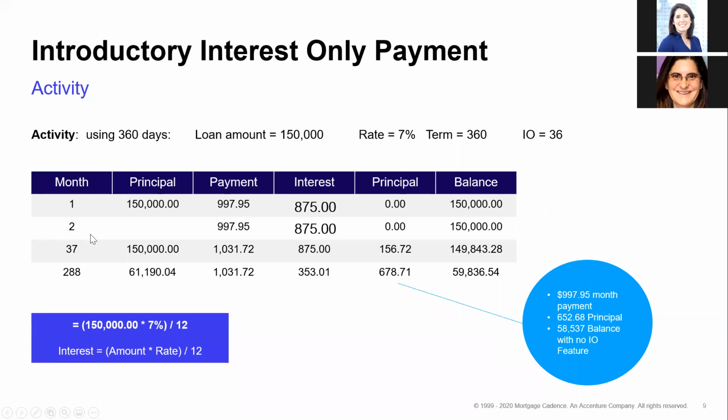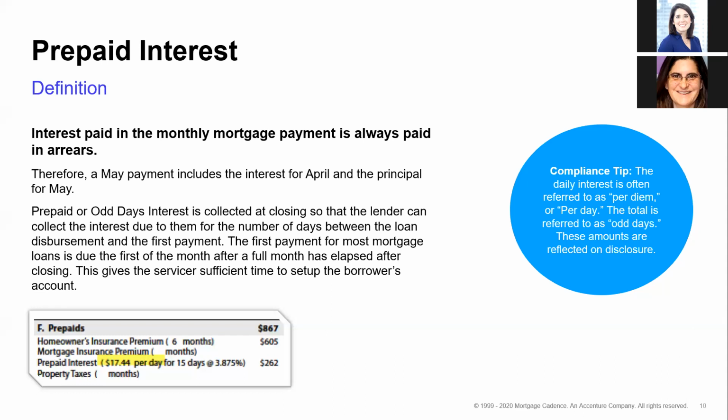And look at how it amortizes now. It's really a short interest-only period, so it didn't make a huge difference. Here in month 288, we're applying 678 to principal, as opposed to without the IO, where it was 652. And when we paid it off, we had a different balance here. It was certainly a lower balance with no IO, but not a huge difference. The key here is that when you're making interest-only payments, you're not reducing your principal. So whatever that IO period is, you don't start amortizing until it's over.